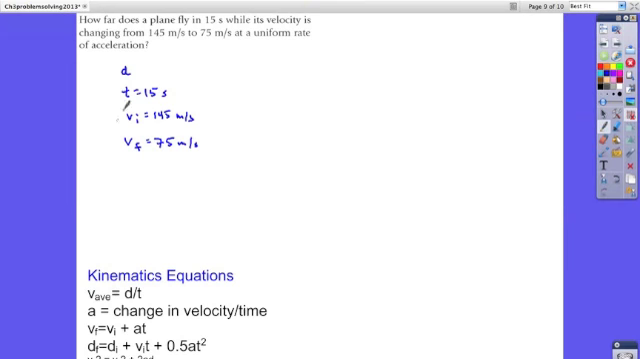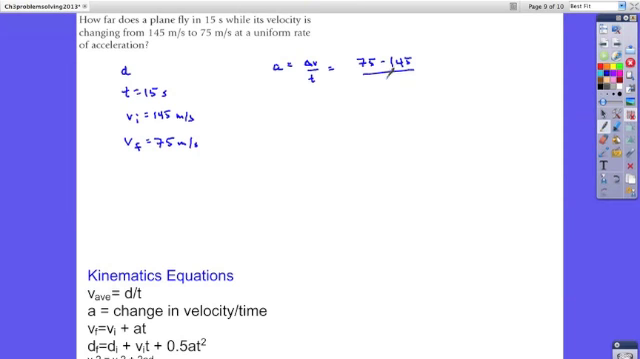We don't have an equation that just has d and t and vi and vf. We have one that has vi and vf and d and acceleration. We're going to have to find acceleration. Well, we can do that. Acceleration is a change in velocity over time. vf, 75, minus vi, 145,